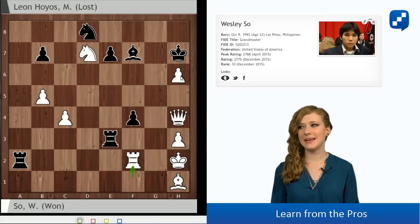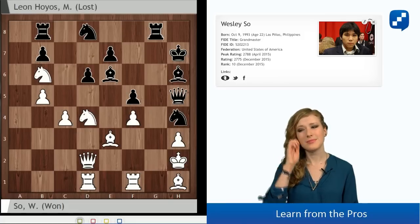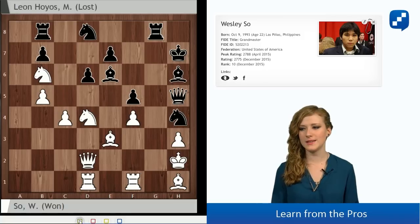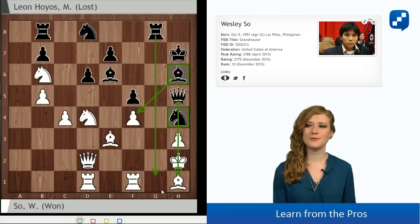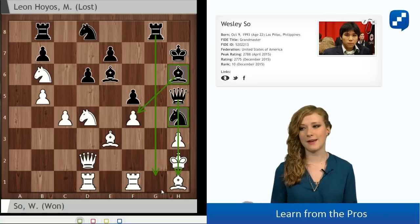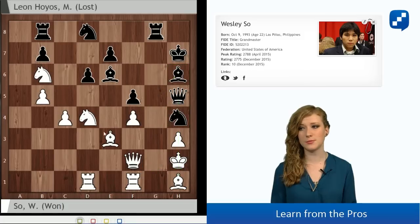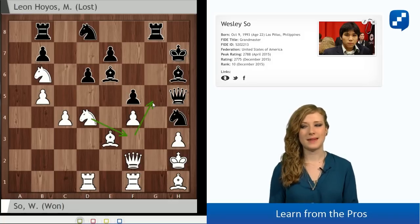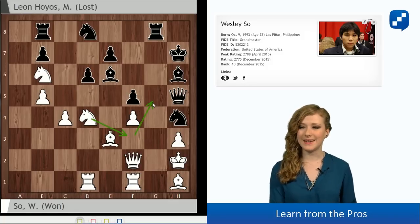I really liked in this game that after queen h5, it seems that it's black who is attacking. The queen is on the h file, also the knight here, very annoying, the bishop, the rook on the g file, but it turns out that it was just an illusion that it's black who is attacking. After queen f2, very good move, and this maneuver, knight f3, knight g5, white managed to attack black's king, and